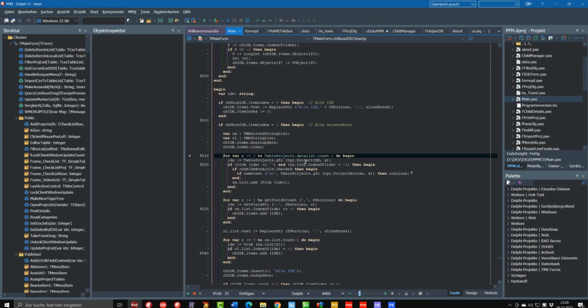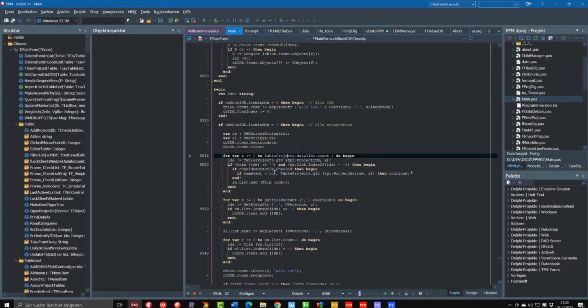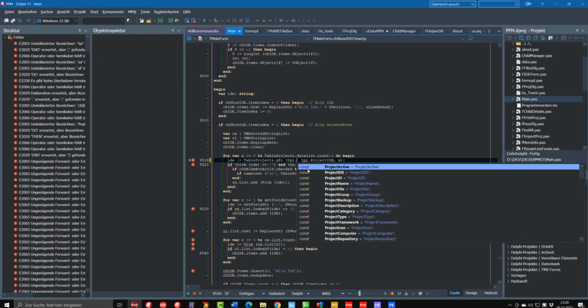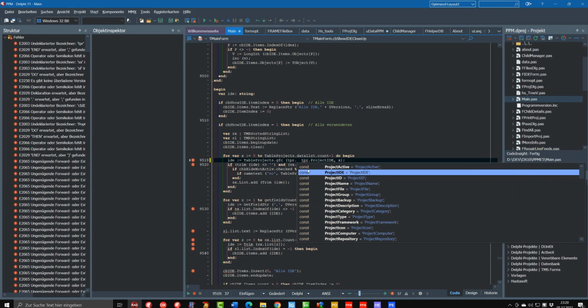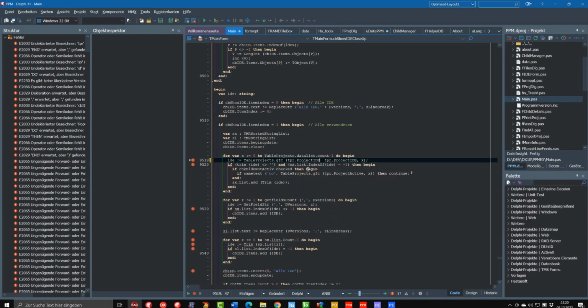I have already here a table where I access some fields, and instead of typing the project ID for the field name here, I enter TPR, press the point, and the auto-completion shows me the members of this record, and I can easily select this and also save a lot of typing, and I will